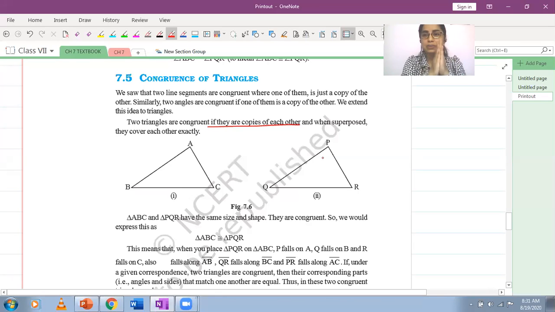If I try to match my hand with your hand, although it's similar, I will have 4 fingers and a thumb, and you will also have 4 fingers and a thumb. It's similar, but the size will not match. If the size also matches, then we will say that the two shapes are exact copies of each other and they are congruent. Lakshay, beta, you raised your hand. Do you have a question?